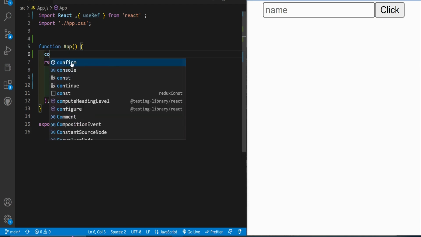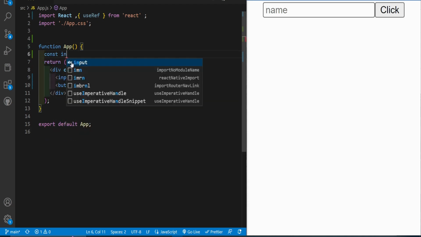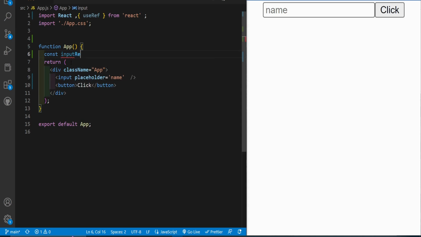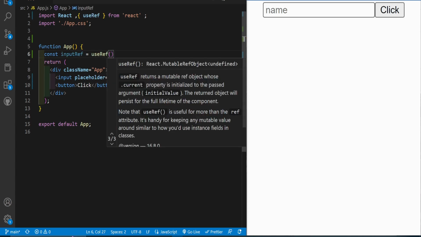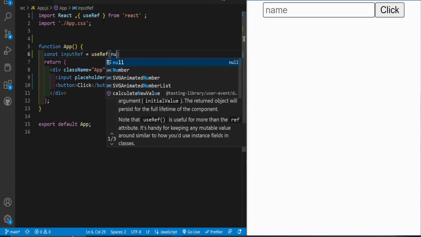We can name it something like inputRef, and this inputRef is going to take the useRef hook, and in the useRef hook we need to pass a value to it, and because we haven't passed any reference yet, we can put null